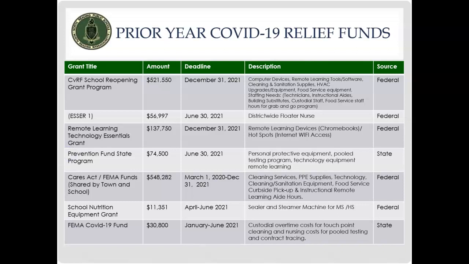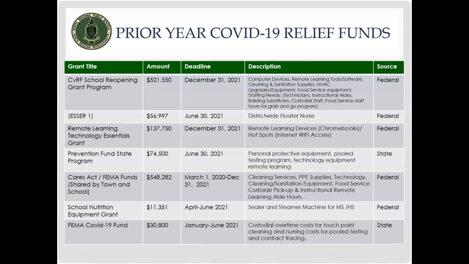If you look at what's been going on since the pandemic and COVID-19, you can really see, these two charts on the next 2 slides break down all the additional funding that we've received to support new costs, new expenses, all related to the COVID-19 virus and the pandemic. And most of these are now running out, which I'll get to in a moment, but we have a school reopening grant of a little more than $500,000, certainly an influx of computers, remote learning, software,